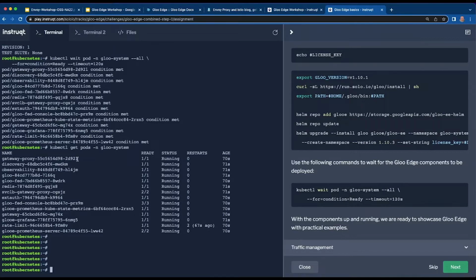The first one I want to talk about is this one right here, this gateway proxy pod. This is the actual Envoy instance. This is the data plane through which all of your requests are going to pass. Now, you can scale this up independently of the control plane. Right now we just have a single instance running here, but you can set up through our Helm charts